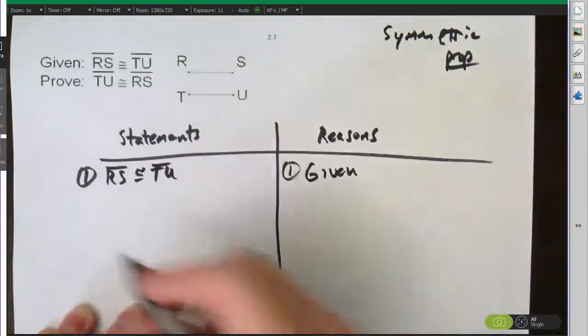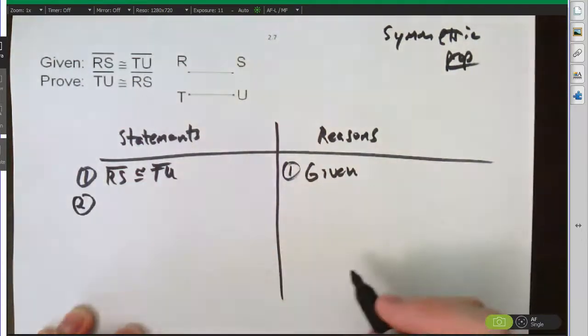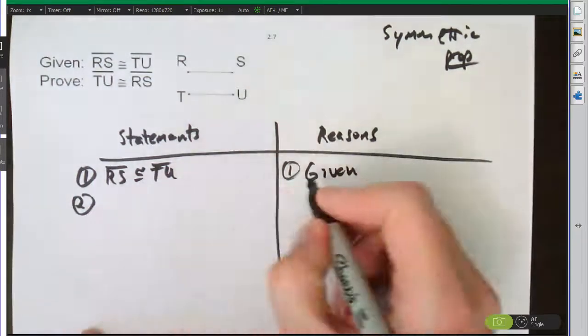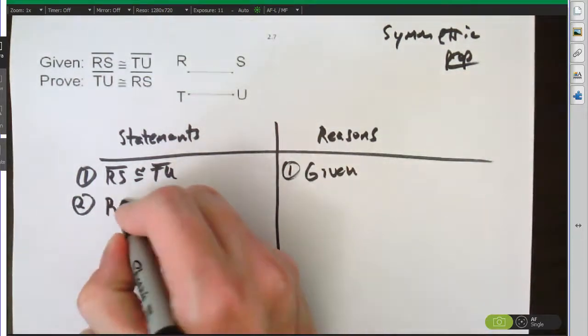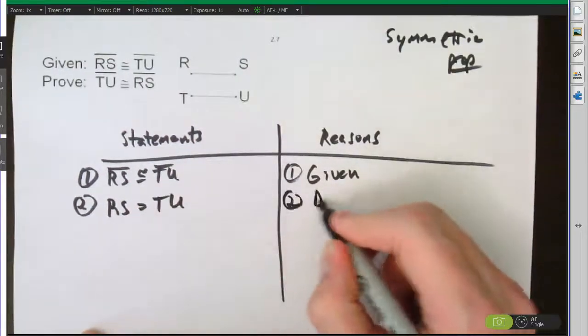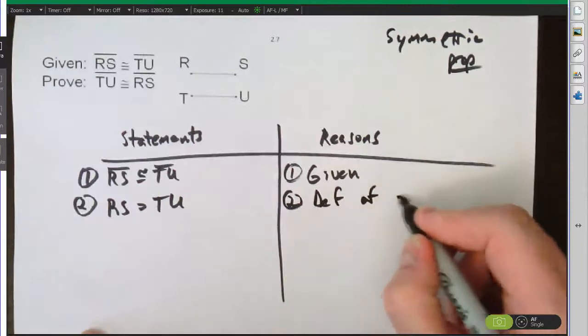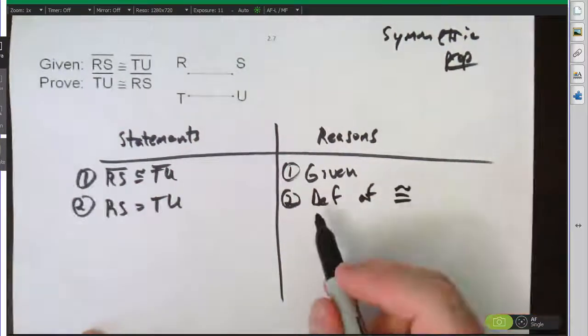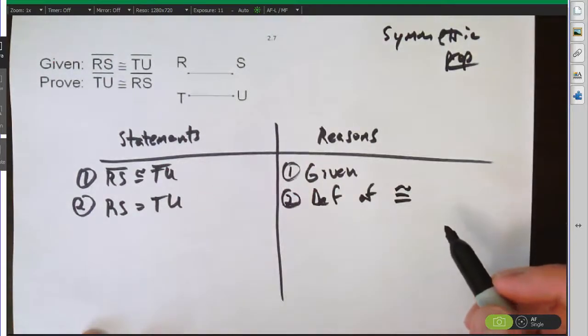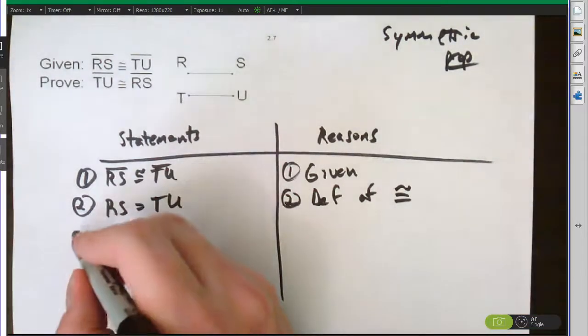Okay. Now, here is where a very important definition we use comes into play. It's the definition of congruent. And that says if they're congruent, they have the same measure. So RS we know equals TU by definition of congruent. And you can just say def of, DEF of, little congruent symbol, we'll know what that means. Okay. Now, step 3,